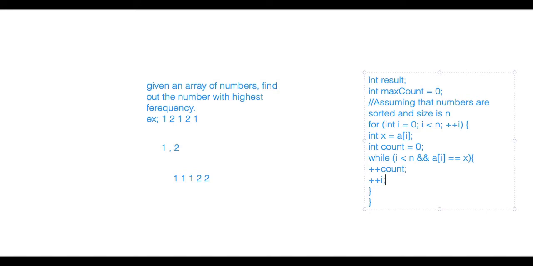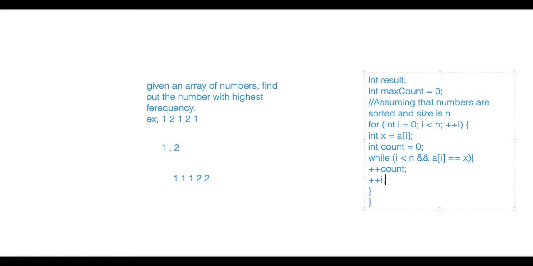What will happen for the first iteration of the loop? What will be the value of x? It will be 1, and count will be 0. As long as we are hitting 1, we will continue. In the inside loop, we go to the first one, so count will be 1. Then the second one is still 1, so it is counted. Then the third one is still 1, so the count will be 3. Then we go to the fourth one, which is not the same as x. Exactly, so we break from this loop.